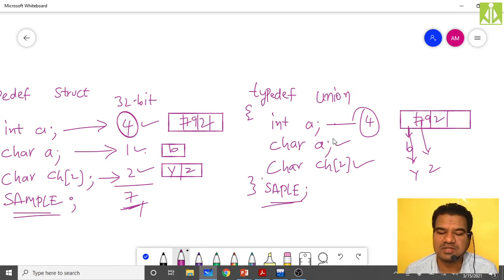At any point of time, you cannot have all these variables in the memory; you can have only one variable. You can either store this integer, this character, or this character array. You can't store all these variables at once inside the computer memory.